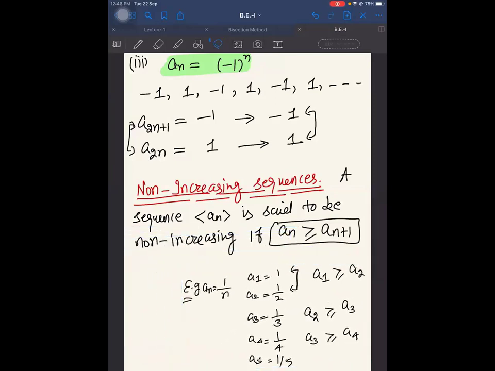Yes. So I would say that for all n greater than or equal to some n, means after a cutoff,